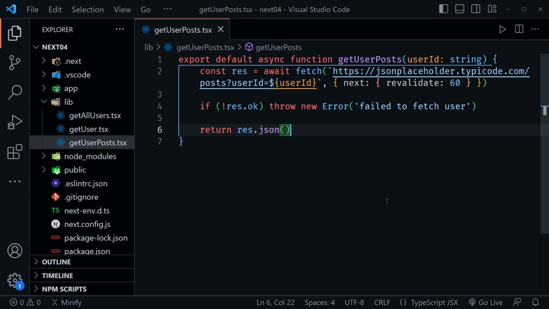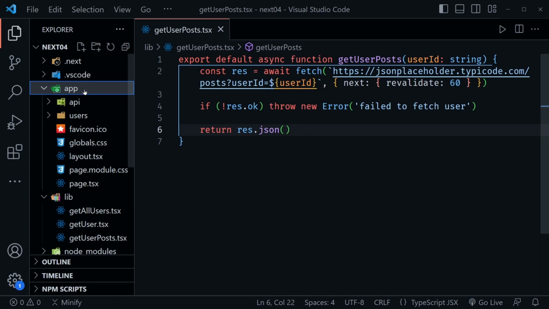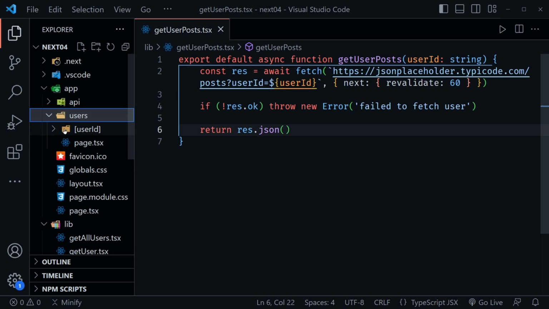But what if we could take these SSR pages, the server-side rendered pages that we are creating in our app directory with our users branch that has this dynamic folder here that receives the user ID? Right now, Next has no idea what value will be passed as a parameter. What if we could take those and actually tell Next.js in advance what those possible parameters will be? Well, we can do that, and that will turn our SSR pages into the recommended SSG pages, the static site